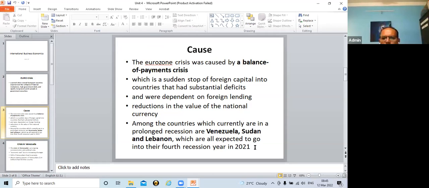Then, the crisis in Venezuela. The crisis in Venezuela is an ongoing socio-economic and political crisis. Basically, political instability, I think this is the main reason. Socio-economic was also one point, but the more relevant is political instability. If there is political instability, how does a particular country face